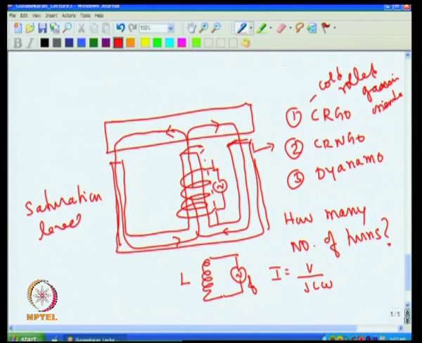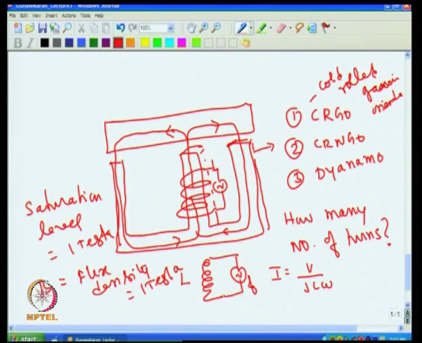The saturation level is 1 Tesla, that is, the flux density B should be less than 1 Tesla. If the current is large, the magnetic field will not increase beyond 1 Tesla. That we call saturation